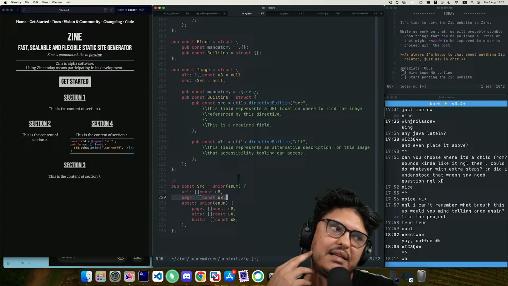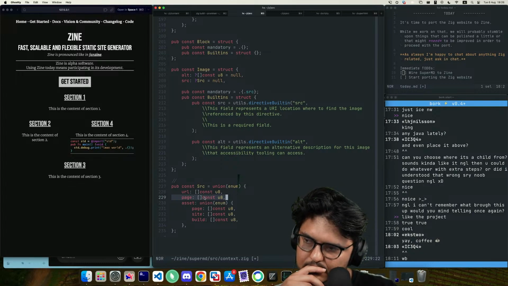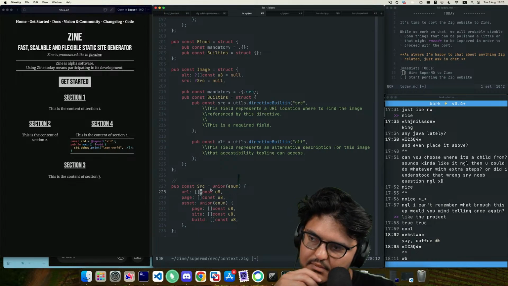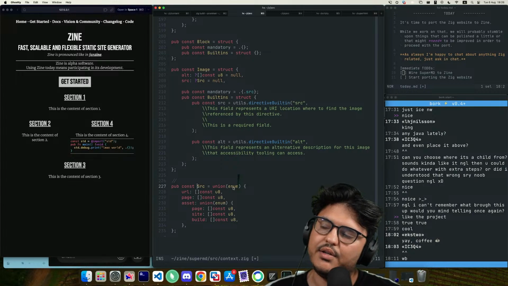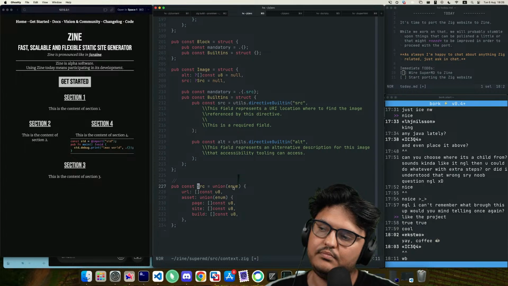That might not be a bad idea, but we don't have support for that yet. No, this stuff needs to be called like asset source, maybe. No page. Just call it source.